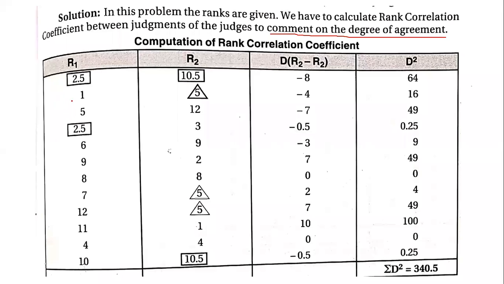Now if you see any repetition of numbers in the ranks, just give a different box or a circle or triangle like this. Okay, so that will help you to understand how many repetitions are there in the problem. Now if you see R1 that is given to us, starting from rank 1, there is no repetition. Now rank 2, you have 2.5 and 2.5, which means these two numbers were repeated and they have calculated the average. So they have given a different shape of a rectangle for the 2.5 number.